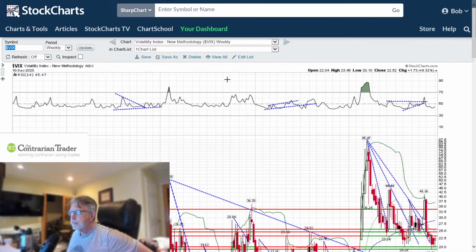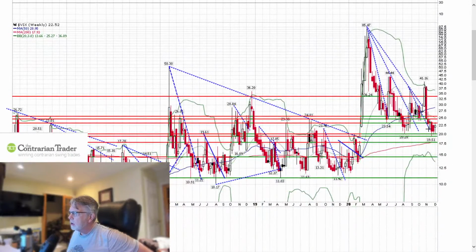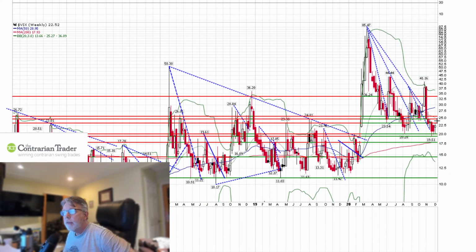The VIX weekly chart. The VIX is up. We held support last week at the 20 mark. For those not familiar, the VIX is the fear index. Fear is building. We are consolidating. We have stopped going down. It's the first thing we look for to see if there's a potential for a trend reversal. We have that.